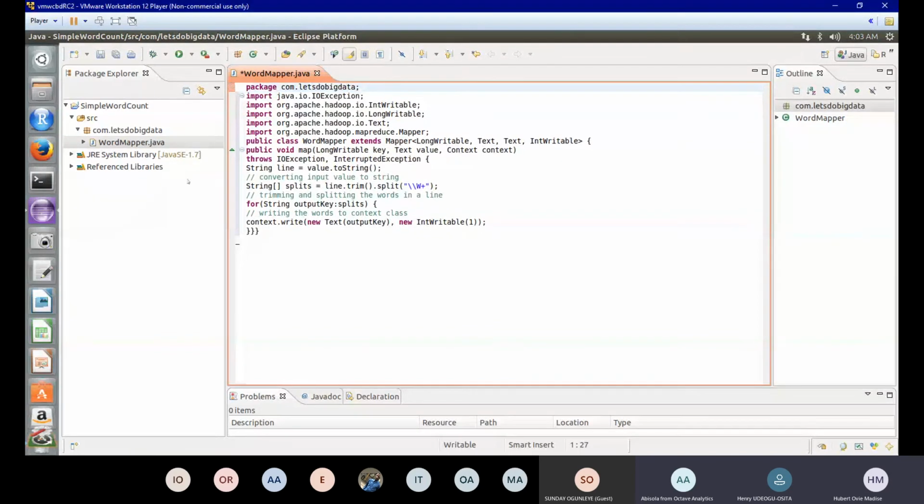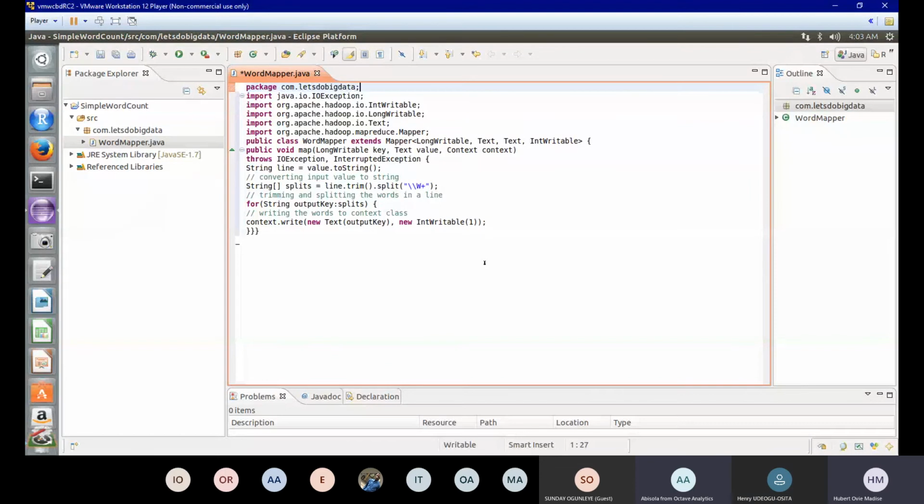All right. So very quickly, let me just explain some simple parts of this whole script. Now, you are importing some files. When you're programming, you have to import files that would enable you to perform the task you want to achieve. So we have the ones that will help you to write in your data, the ones that will help you to show that it's a text file, and the ones that will help you to reduce, that's the map reduce, that's the mapper.